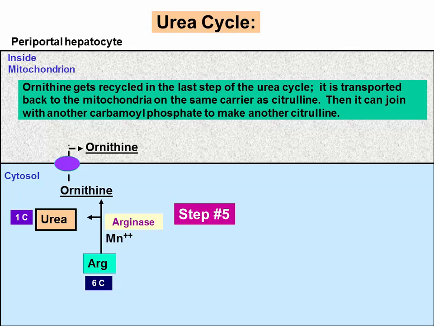And now, I don't have it on the same slide now, but ornithine goes into the mitochondria when citrulline goes out of the mitochondria, right? It's the same carrier. So this orange or this purple transport protein, ornithine and citrulline share it. One goes out while the other comes in, or vice versa. Now,